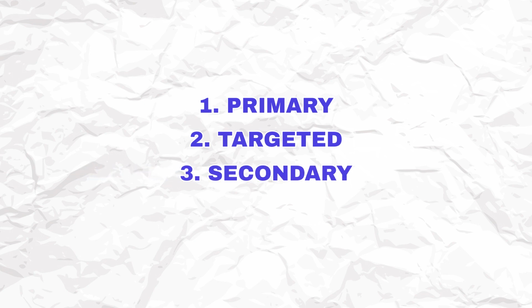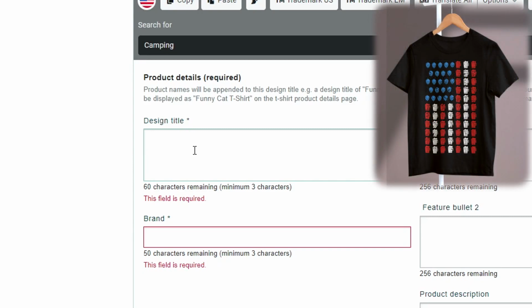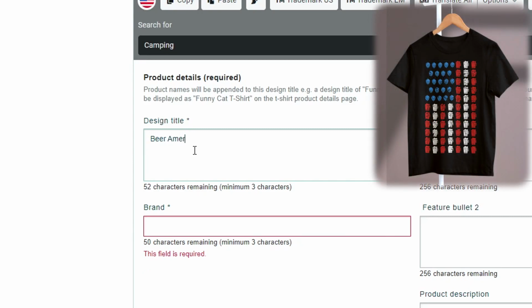and what you want to do here is put your primary keywords first, because they're the most important and they should be at the start of your title, and then you can put other things like targeted, secondary, and even broad keywords if you have the space for it. So I'm just going to start off by writing beer, American flag,